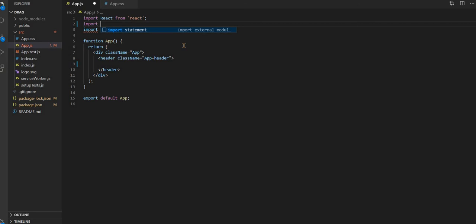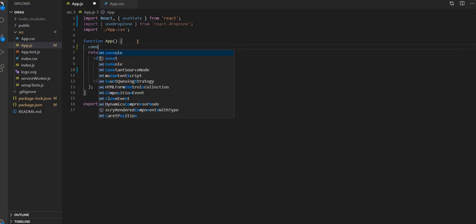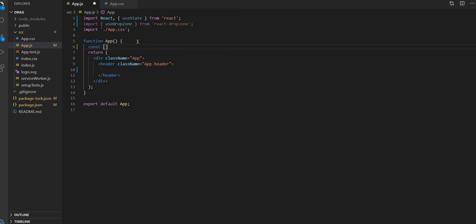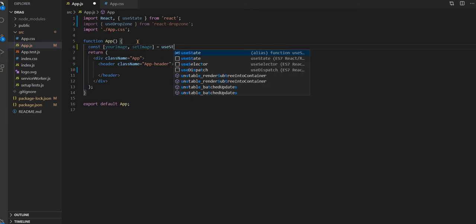So let's import useDropzone from react-dropzone, and also we have to add the useState hook. Inside the function, let's declare the useState: image, then setImage, and useState.